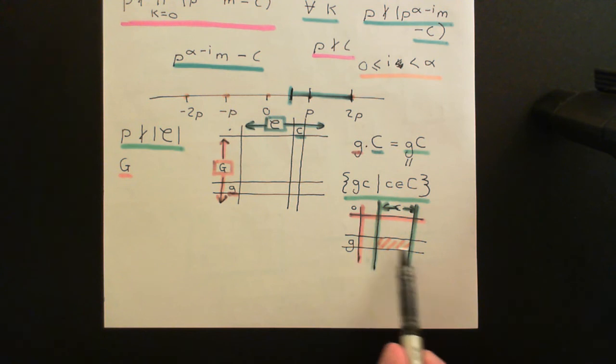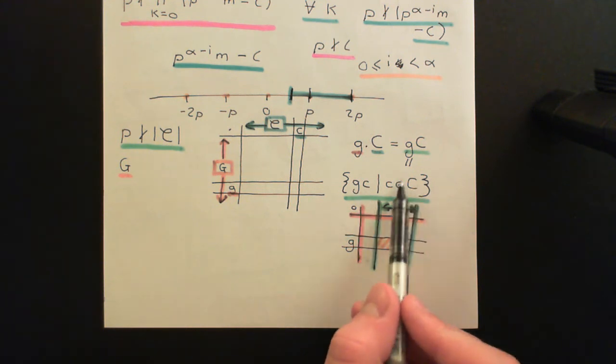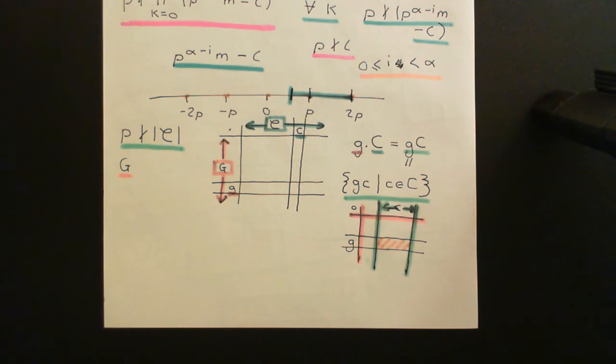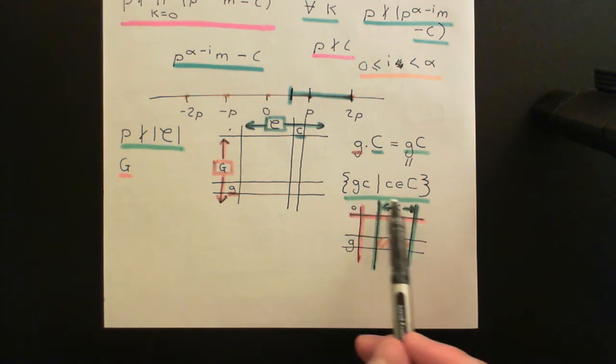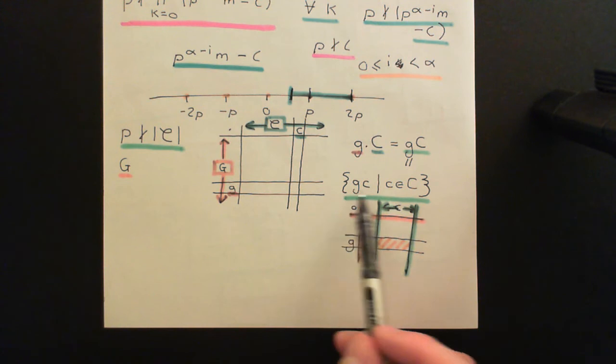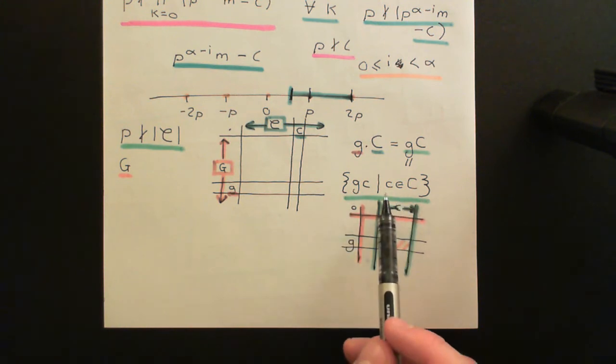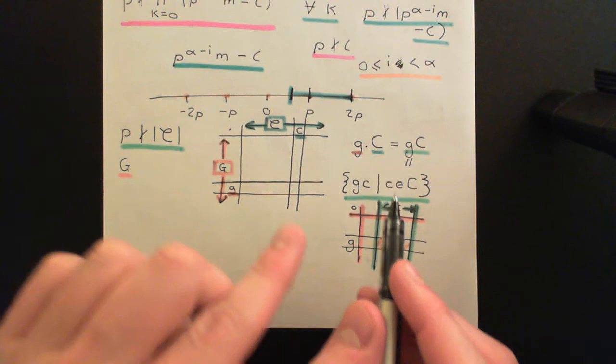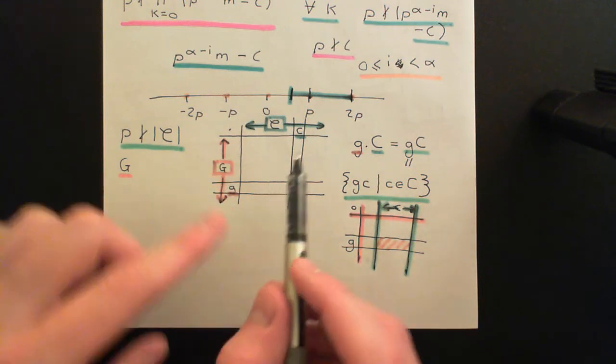Okay, and we know that all of the rows of a group composition table, and indeed all of the columns, contain every element of the group once and only once. So when we go through the subset capital C and left multiply all the entries of this subset by little g, we'll end up with different answers in each case. So we'll end up with this subset having the same number of elements as capital C, i.e. it will be another subset of order p to the power of alpha,